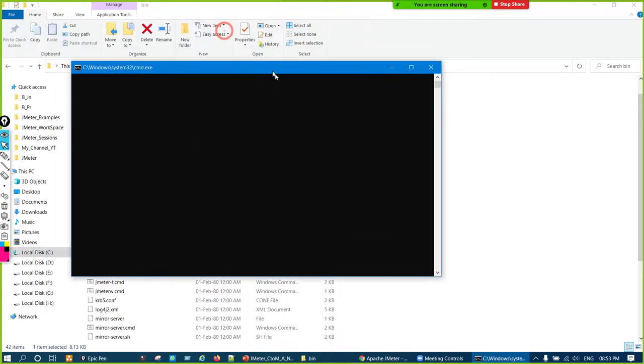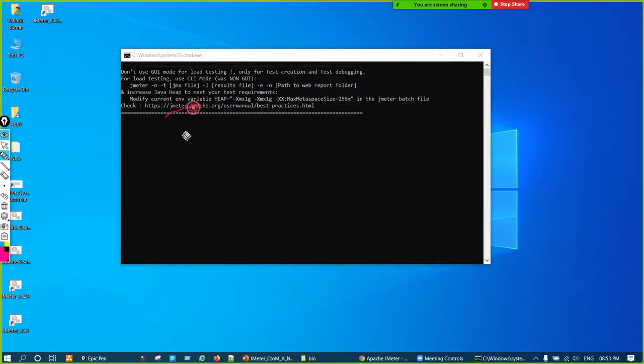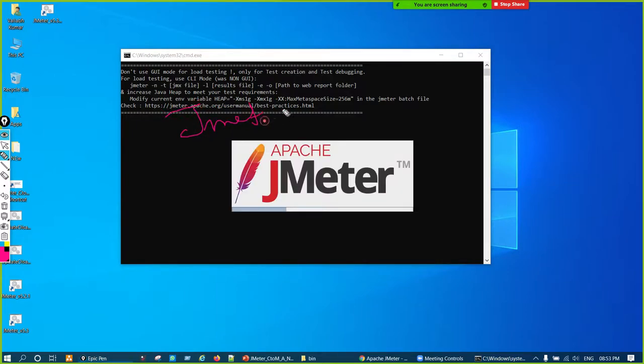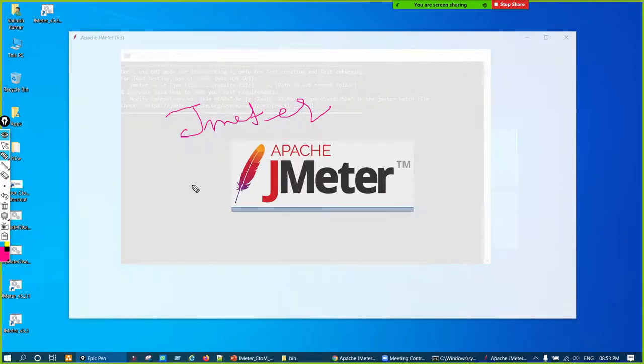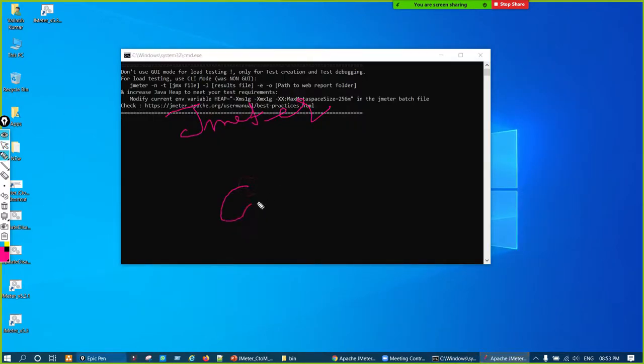When you double click, first this console will come. We call it the JMeter console. This darker screen, right?